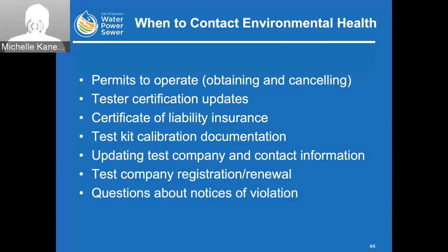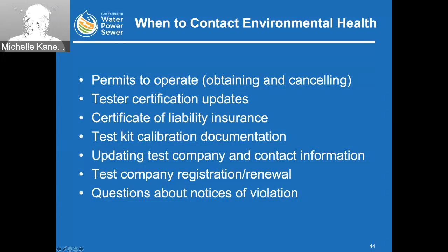When to contact environmental health. In most cases, please email me, Michelle Kanemoto. I deal mostly with the things for your permit to operate. So anything that has to do with your tester certification, like from AWWA, the certificate of liability insurance, your test kit calibrations, all of those documents should be submitted to the health